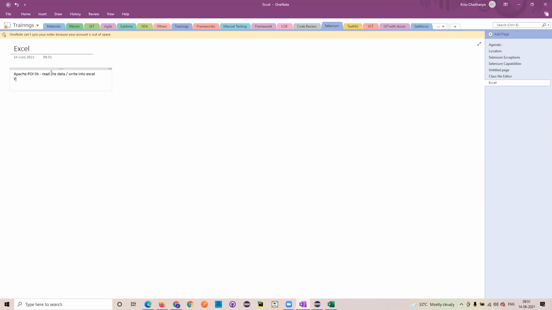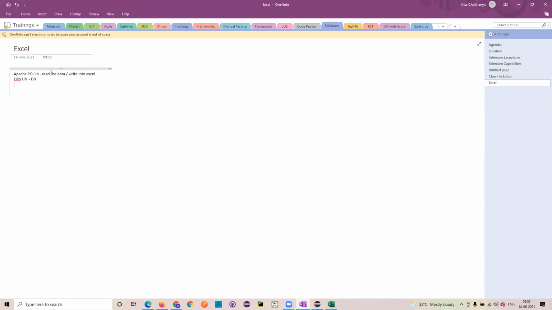The second thing is Fillo. Fillo is also a library, and it helps to read and write the data into the Excel sheet. But the difference between this and the previous one is that the Fillo library treats the complete Excel sheet as a DB. So reading and writing the data would be much faster, and it is much easier to implement also, since it treats the sheet as a DB. This is the second library which we prominently use.